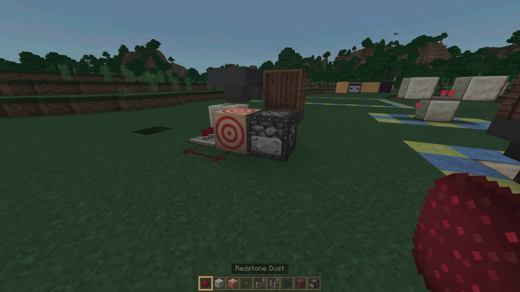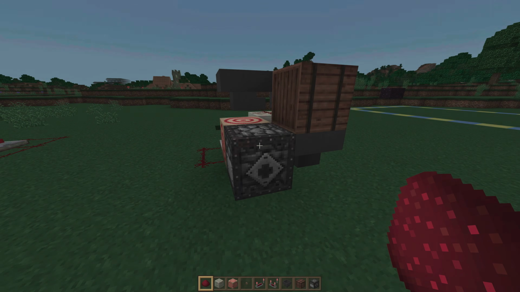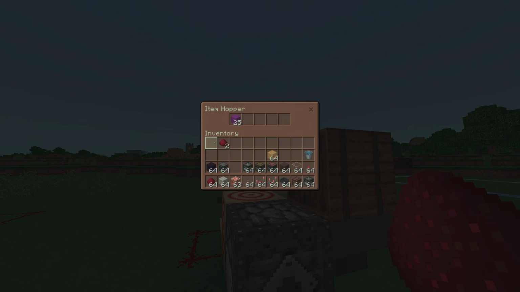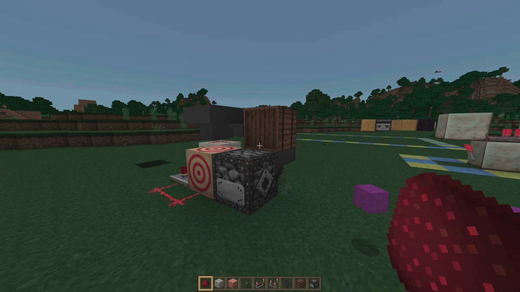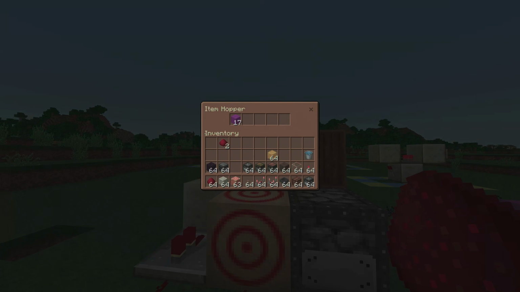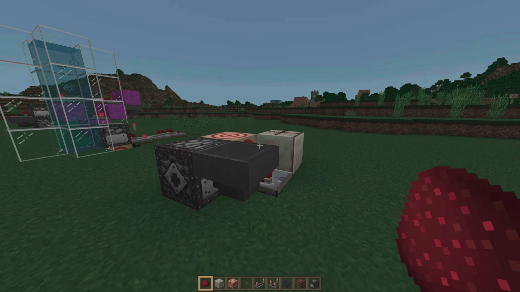Then we're going to wire that up with 2 pieces of dust. And now you have a second variant of this clock that is 3x3 and equally as fast. To get items to run through this, you will need to place it in this topmost hopper. You cannot place it in any of these other ones, as this is the hopper that is ticking and clicking.